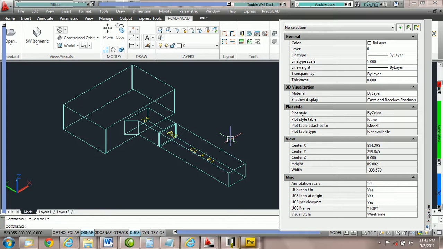How to edit your taps in PractiCAD. There are multiple ways of editing your fittings in PractiCAD, especially when it comes to taps. However, some ways are more preferred than others. Because we don't want to remove a tap off of a fitting so that PractiCAD doesn't know they're connected,